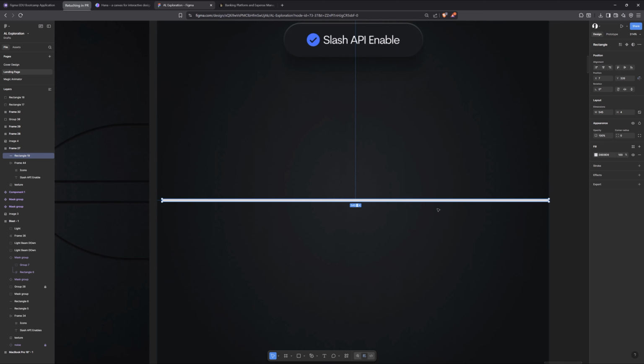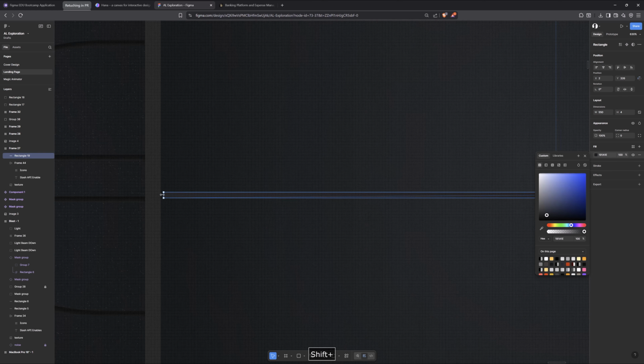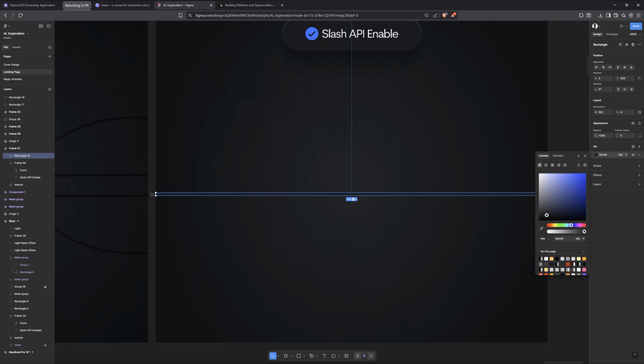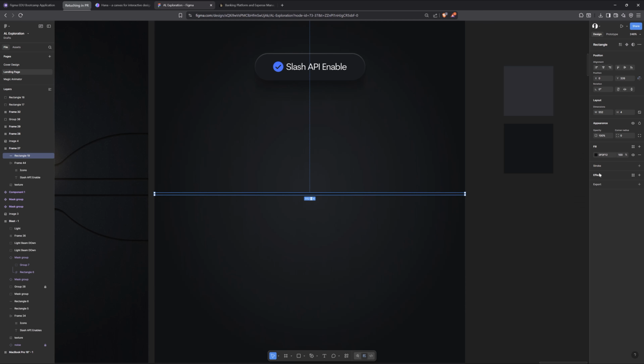A very quick way for you to get this done is to add effects. But mind you, let the color of the rectangle be somehow similar to what you already have here. Even though you are making it darker, at least it's just for the purpose of what we want to use it to do. So let's go a little bit darker. Something like this works. And the next thing you're going to do is to add a fill. In our case, we're going to add inner shadow and not a drop shadow. Inner shadow in the sense that you want to add